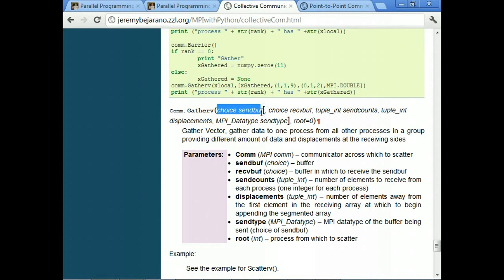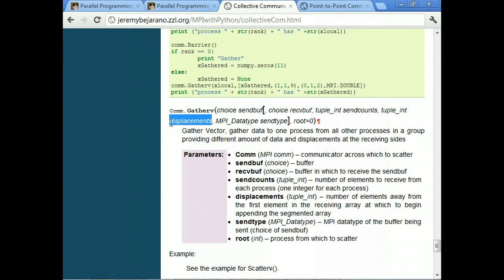each process is going to be sending its chunk, and then when we're receiving it, we just have to specify where we're going to receive it, and then the same thing, how much we're receiving from each process, and then when we're storing it into the vector, how do we want to store it? When we insert this chunk into the main vector, where do we want to start?